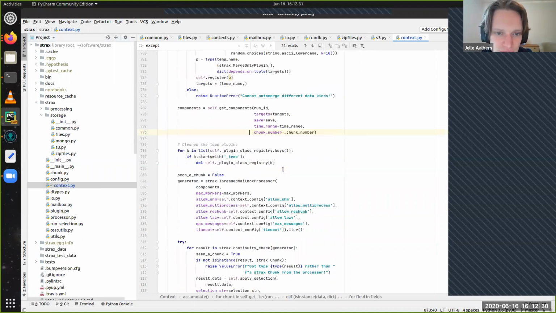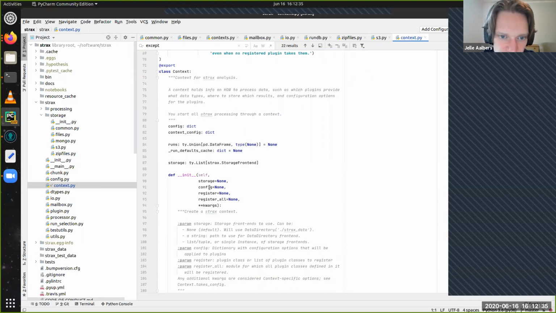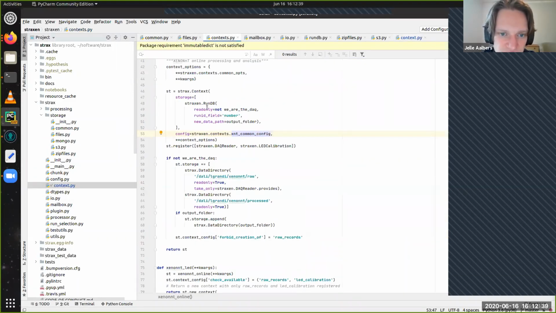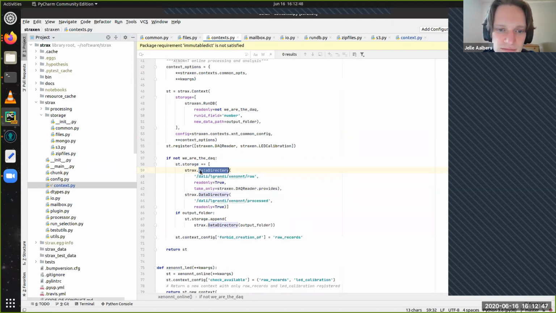Yeah, so here you have an option in context.py, storage, and that's done in context.py. There you specify the different storage options. But these are storage front ends. So we could make a new front end that only saves root files. But what if I want to change the behavior of this front end?